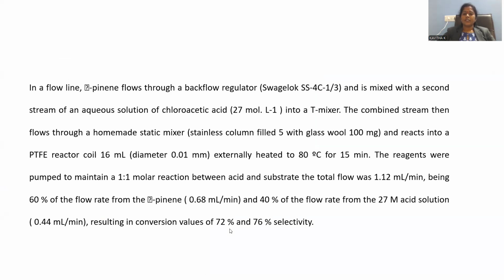The entire procedure is as follows: we take the starting material, called the precursor, that is alpha pinene. Alpha pinene is to be taken, and it should be mixed with steam and an aqueous solution of chloroacetic acid. Chloroacetic acid, as we just saw, is a strong acid in organic terms, but in comparison to the mineral acids, we can say it is a mild acid. So chloroacetic acid is the acidifying agent here.